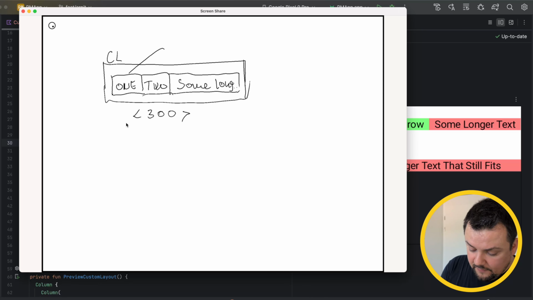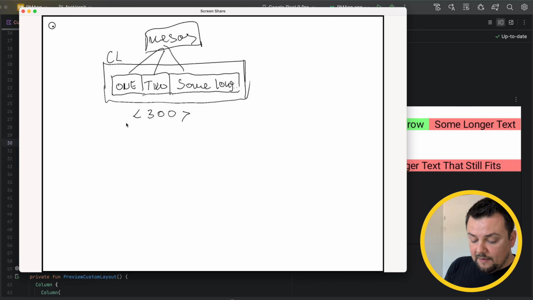Now, those individual composables that we are passing inside are the measurables. So we can measure them, and by measuring them, as we can see in the APIs, we are producing placeables. And then we can use these placeables later on to place them on specific positions. So that's the philosophy. We have measurables that are coming in, and by measuring them, we convert them into placeables, and then those placeables we can spread